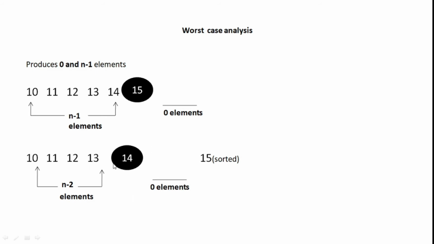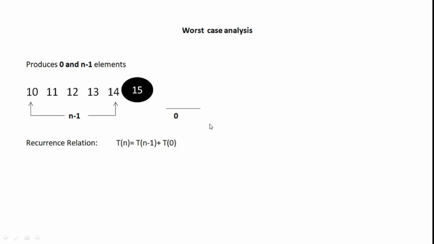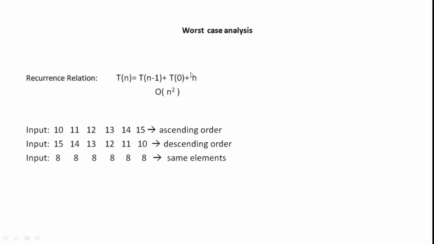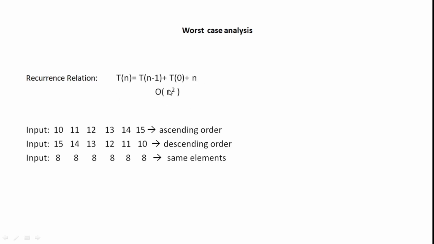We have taken 14 as pivot, now we'll be taking 13, then 12, and in this way each of them will have the same recurrence equation. This is going to be the recurrence relation, and also in each case there will be some time taken. This is going to be the partitioning cost, because we are going to compare from the starting till the last, so it is going to take order of n time for that. So we are adding that time here, n time, and once we solve this using the substitution method, we are going to get order of n square.